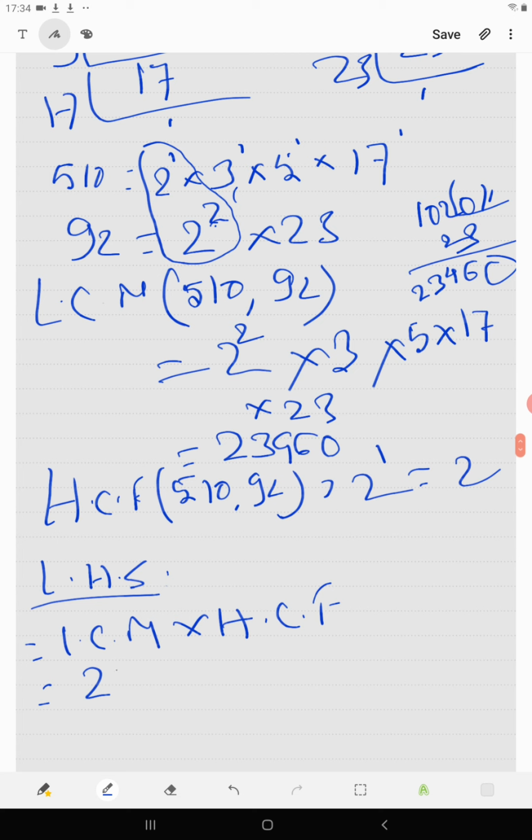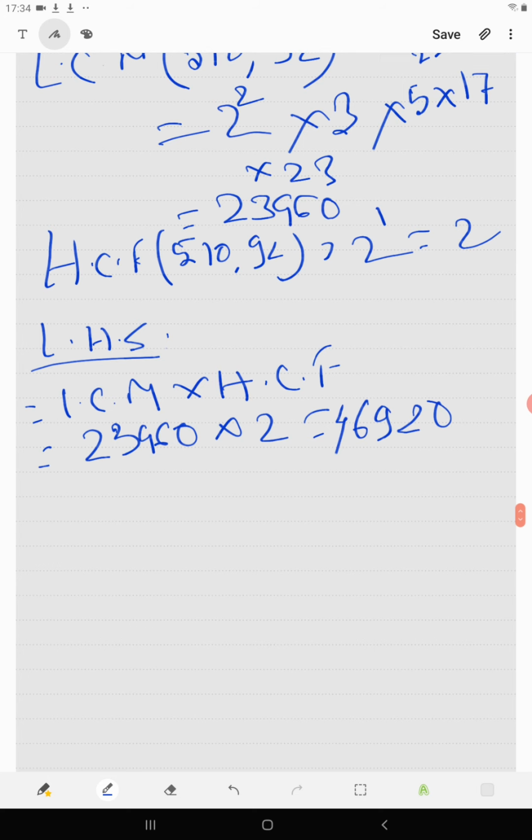LCM is 23460, HCF is 2. So 0, 6 2 is 12, 1, 4 2 is 8, 1 9, 3 2 is 6, 2 2 is 4. So 46920, and RHS will be